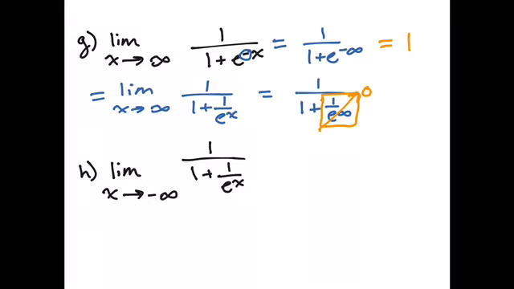So for the next problem, I already rewrote it, so I see it as 1 over e to the x, but now I'm going to negative infinity. So this first one has a horizontal asymptote at y equals 1. That's when we're going off to the right. That's what the end behavior is. But now when I'm going off to the left,